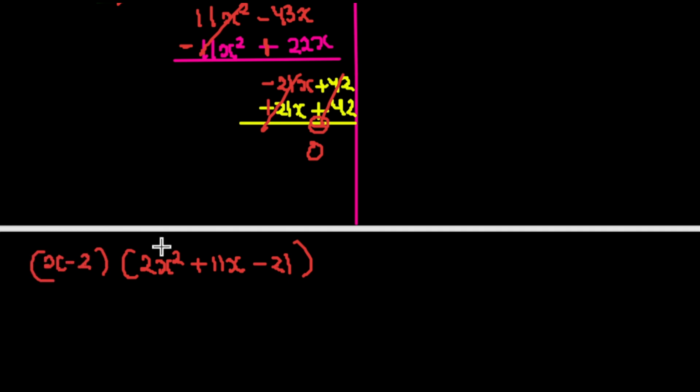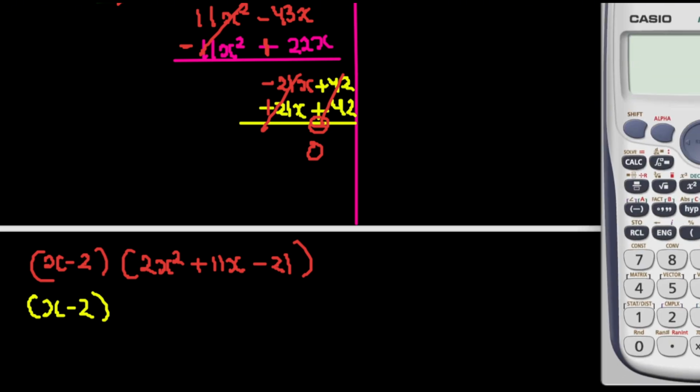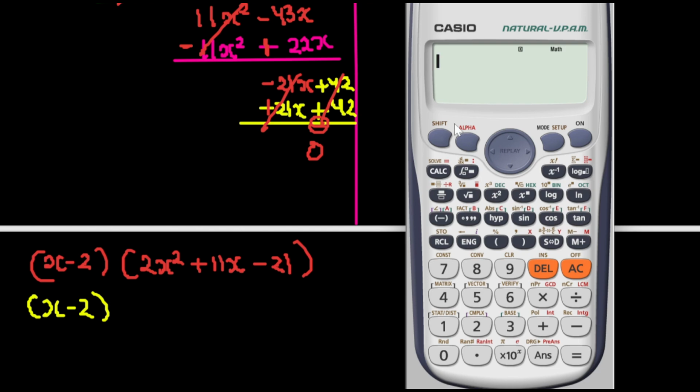When you solve this quadratic equation, you can use your calculator. When you solve that equation, you will get the remaining two factors. So we can simply go to mode, then you can go to equation. You can take the quadratic equation. The x squared coefficient is 2, then there is 11, then you have a minus 21. So by doing that, we have one of the x values as 3 by 2. So you can write it like